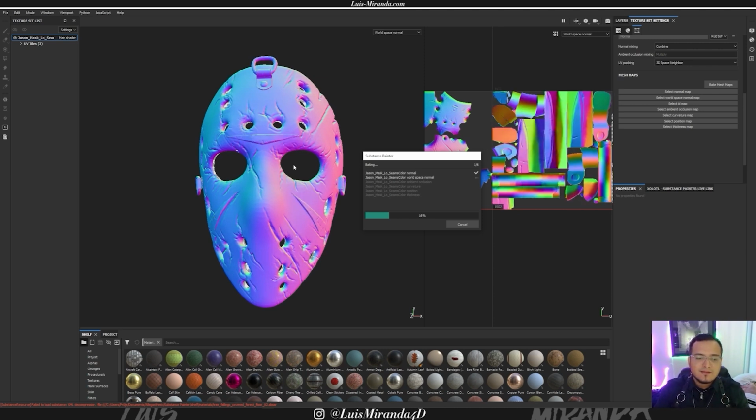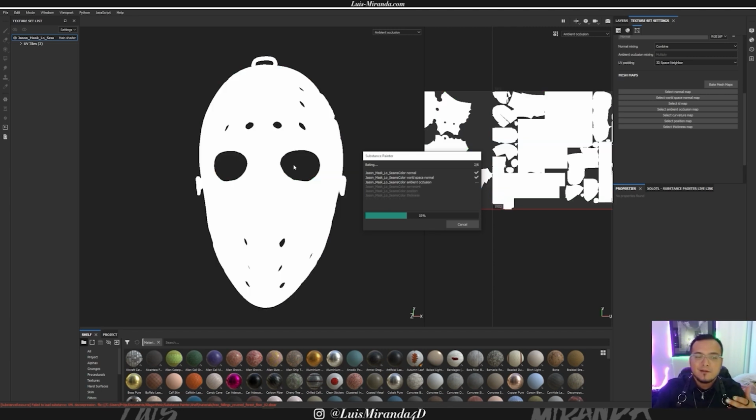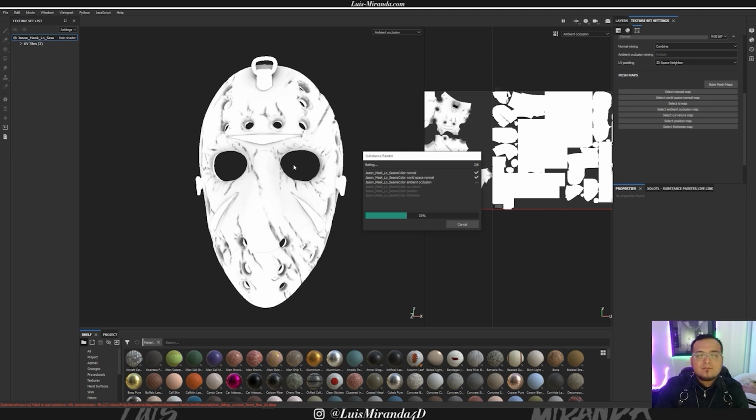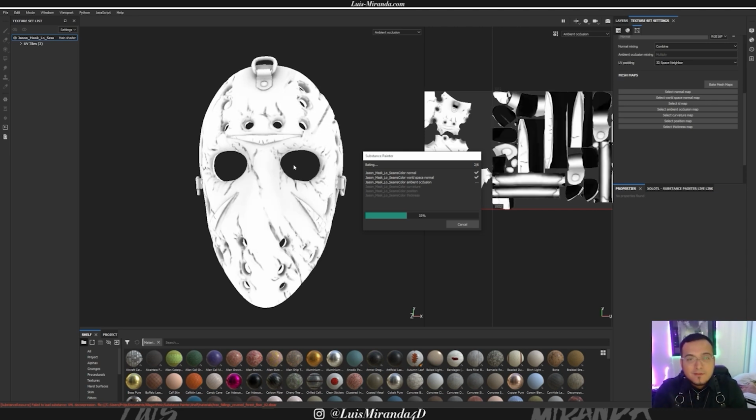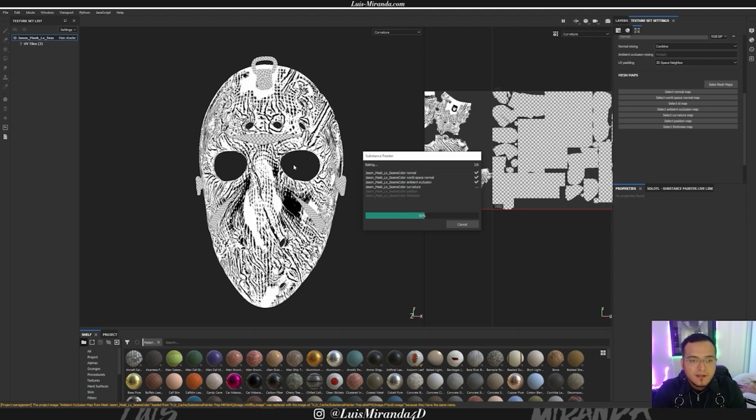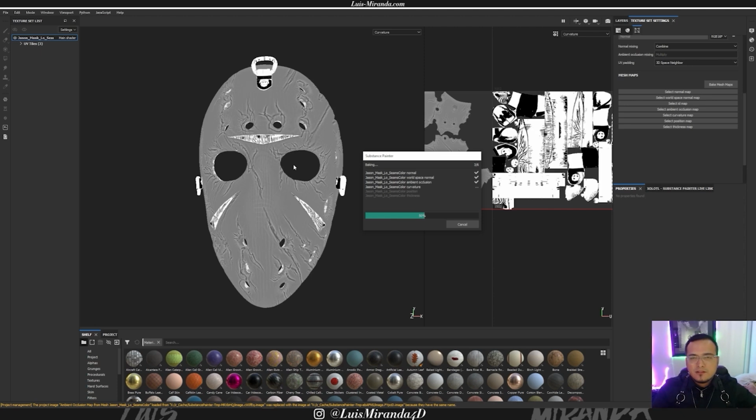So instead of having a lot of polygons, you're putting all that data onto a 4K image. And the way Substance works is that it uses all of those images that are being generated right now, and uses them to control these things called